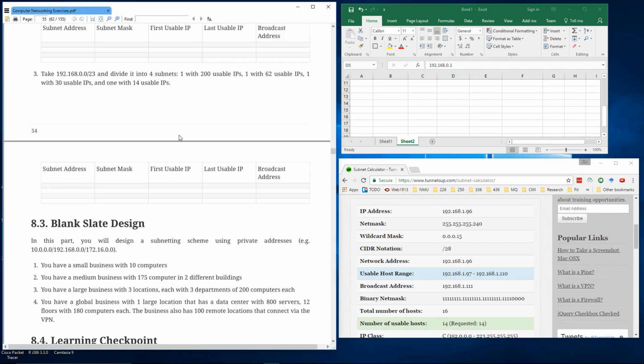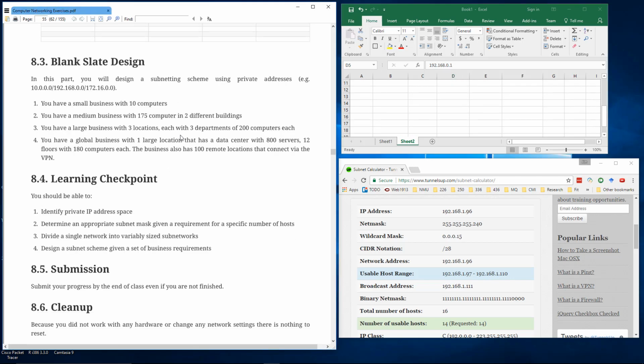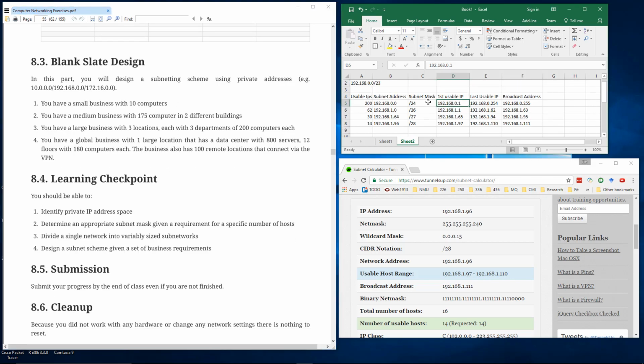So that's good. Now, there's a couple things we should... That information is given to you. So somebody took some sort of business requirements and said, okay, you as the network designer, here is what we need you to implement. We have 200 students who need access to the network, 62 instructors, 30 administrators, and 14 coaches, whatever it is. They've given that to you. Now, you're going to be starting with a blank slate